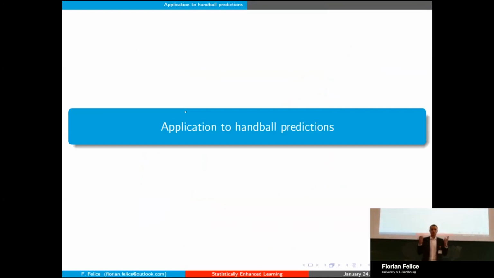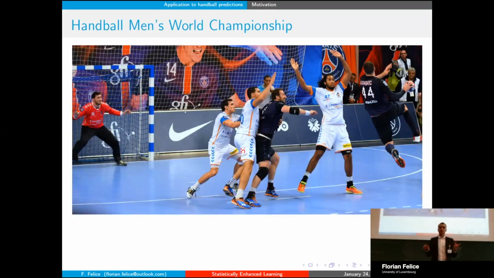So now, if I want to go to more applications and see how we can use that for other use cases, I want to take an example of handball games. For those of you who don't know what handball is, it's an indoor sport that you could potentially compare with football, but just playing with the hands. So the objective is still to score within a cage, but you are indoor and you're playing with 7 players, so much less number of people on the field.